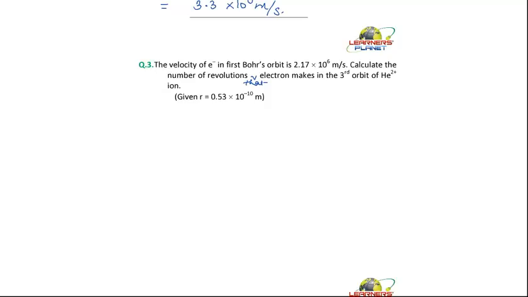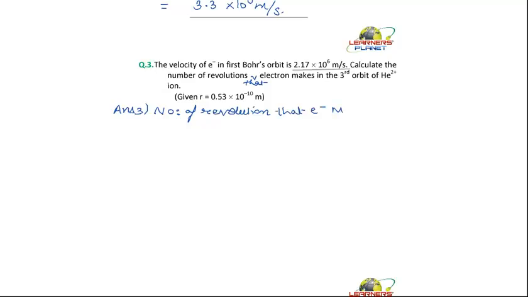What all we are having here? We are having the velocity in the first orbit. We want to calculate the number of revolutions. First of all, students, it should be very clear to you what you want to calculate, what all are the things given and what you want to calculate. So, we need to calculate the number of revolutions